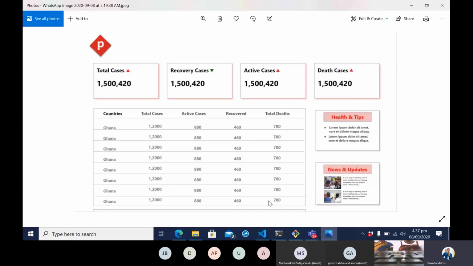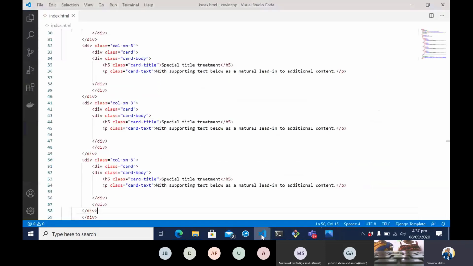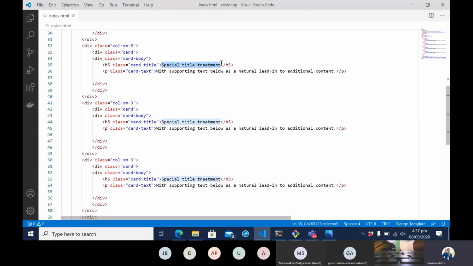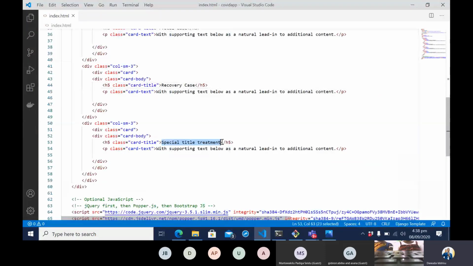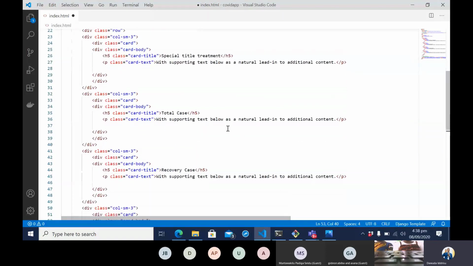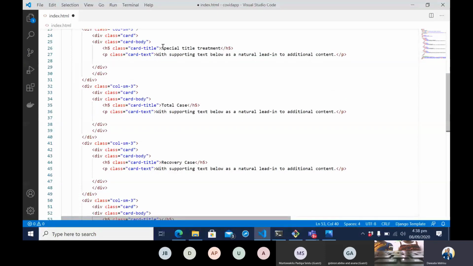Okay, so in here, this is going to be called total case. I'm going to find something and paste in here, and I'll call this the recovery case. Okay, and maybe the last one we would have is the active and death. How many people died during the COVID? So we will do the, let me see. Oh, sorry. So I think I'll move this to the top and say total case,